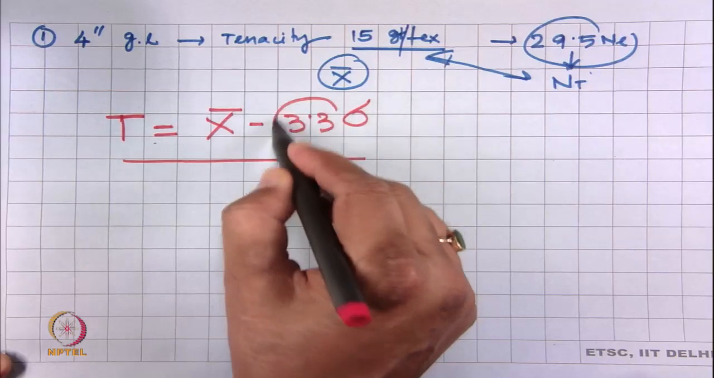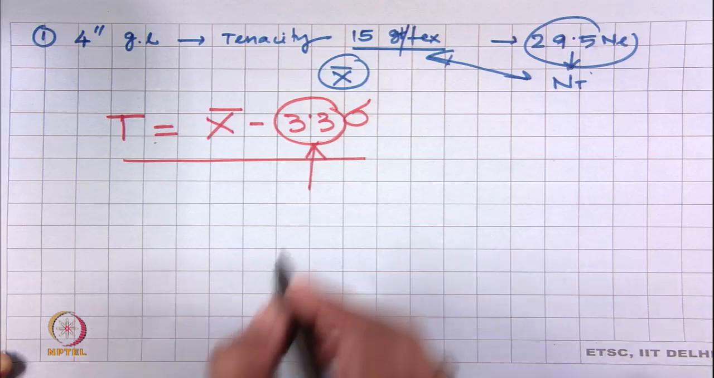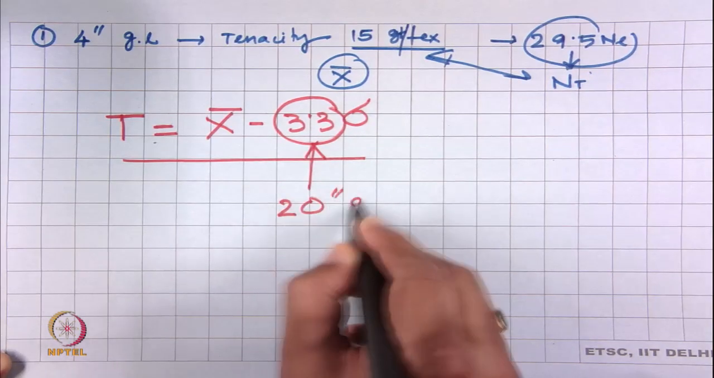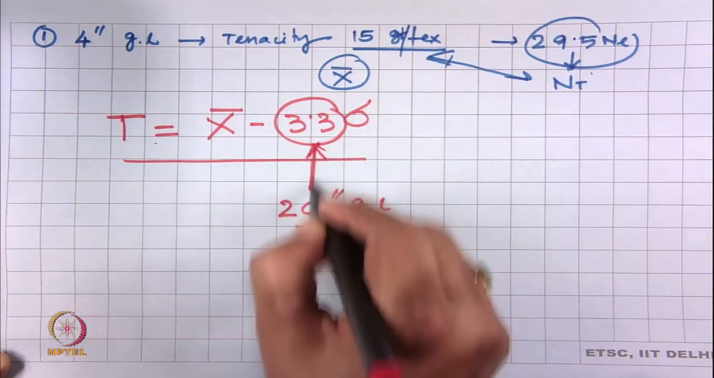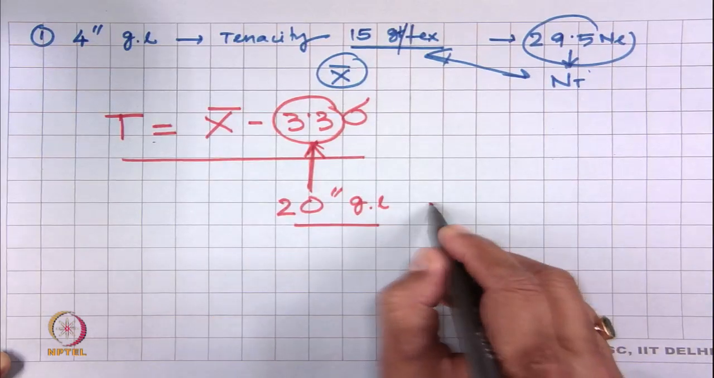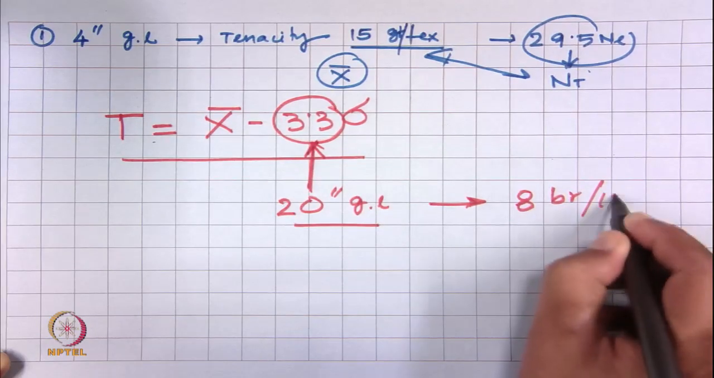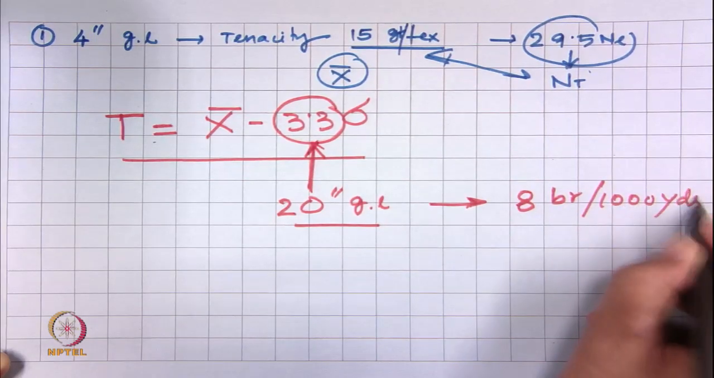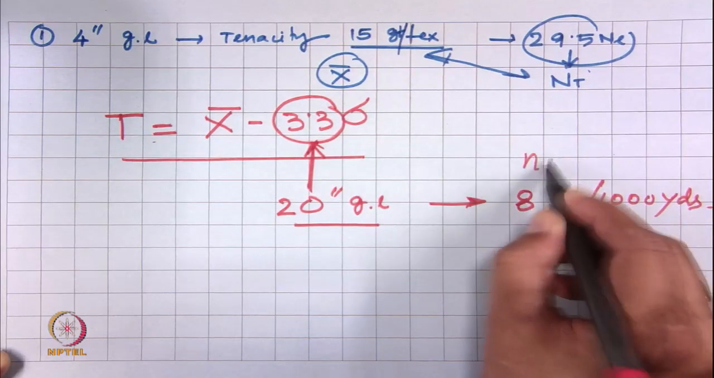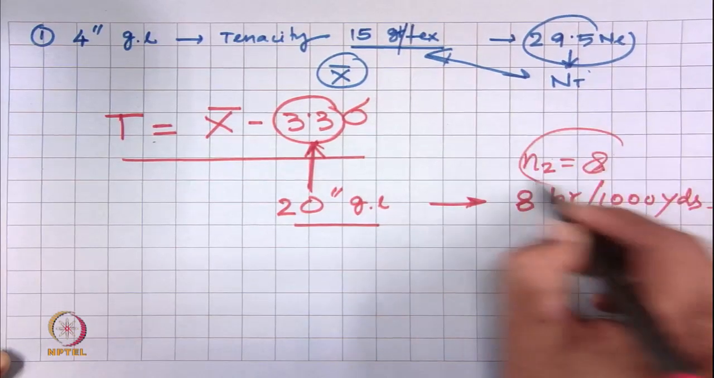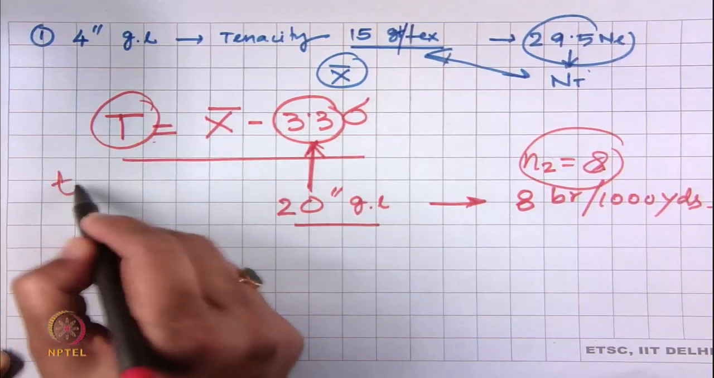this k value, this 3.3, is only valid with the 20-inch gauge length. This k value we can use only for 20-inch gauge length, and this 8 breaks per. So, in that case, if we consider N 2 as 8 and if we can calculate the T value, this will become T 2,